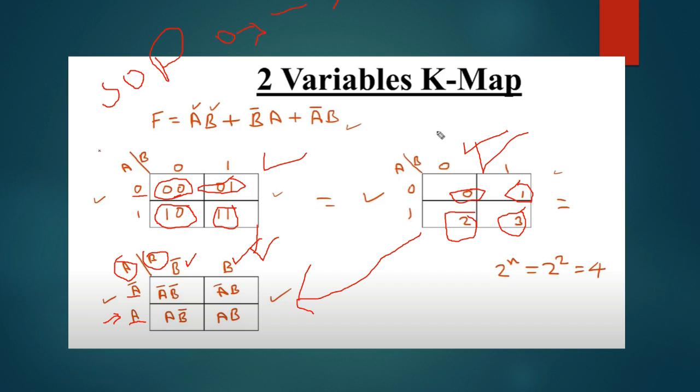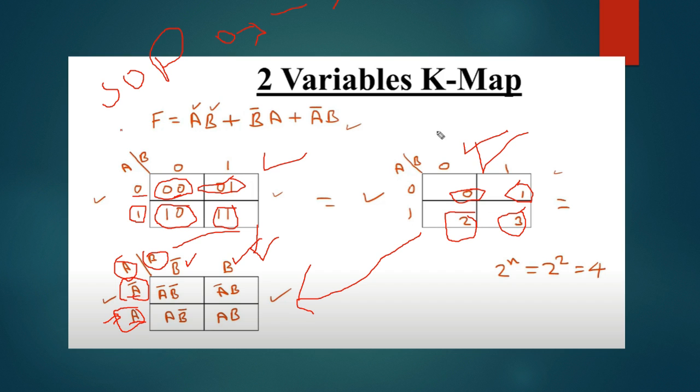So as you can see, we wrote 0 here. This 0 is equivalent to A bar. That's why I have written A bar here. Same goes for this one as well. As you can see, I have written down 1 here. That's why I have written down A only. You might be asking why I'm writing A only, because this column is only interested in A's. So in this column we have to write A, here we have to write B.